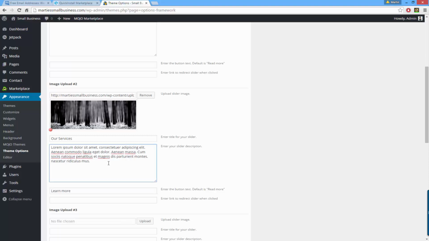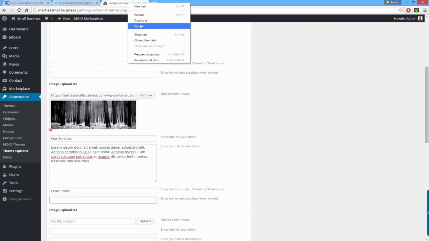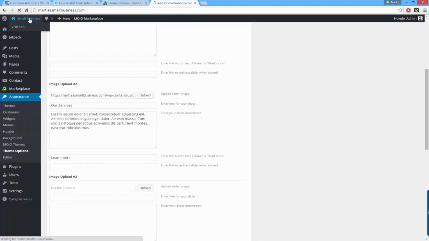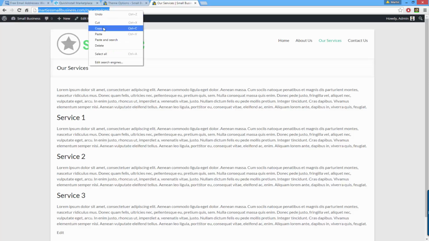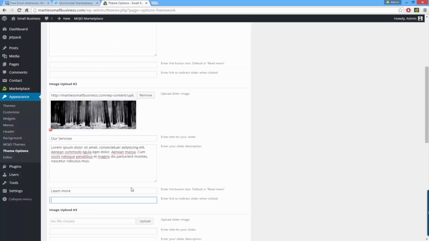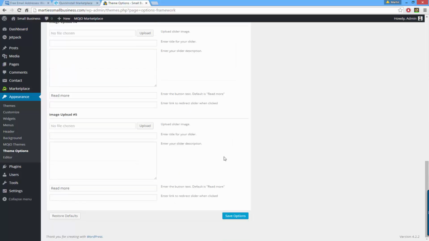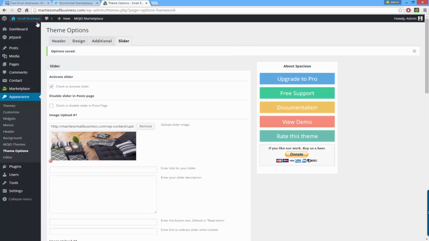Then to link the button to the Our Services page, we just need to add the URL to the Our Services page into the last box. Now I could just type it in manually, or alternatively I can just open up my website in a new window, visit the page, and then right click and copy the URL. Now if I paste the URL into this box and we scroll down and save options and visit the site,